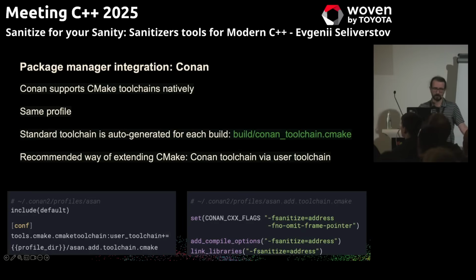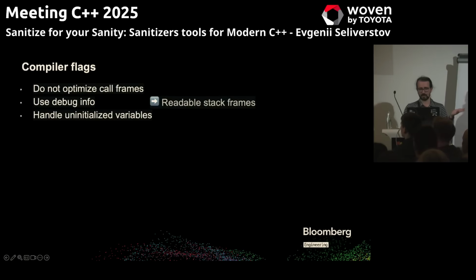If you don't use Conan in your package system, it could be another approach, but the main idea is this. So actually, what to provide, which flags to provide. We don't want to optimize call frames, so it's not about performance, it's about correctness. It means if we avoid the distinction between different functions, we'll get unreadable stack traces. So don't do this, use debug info, and